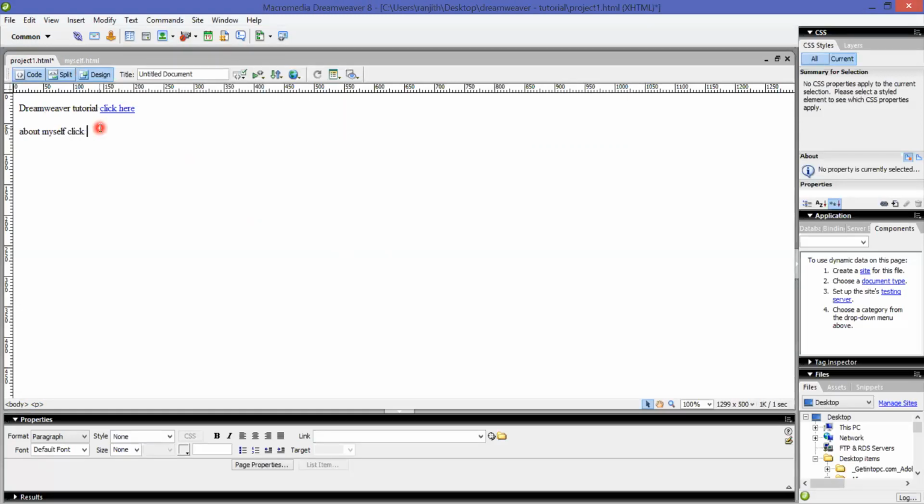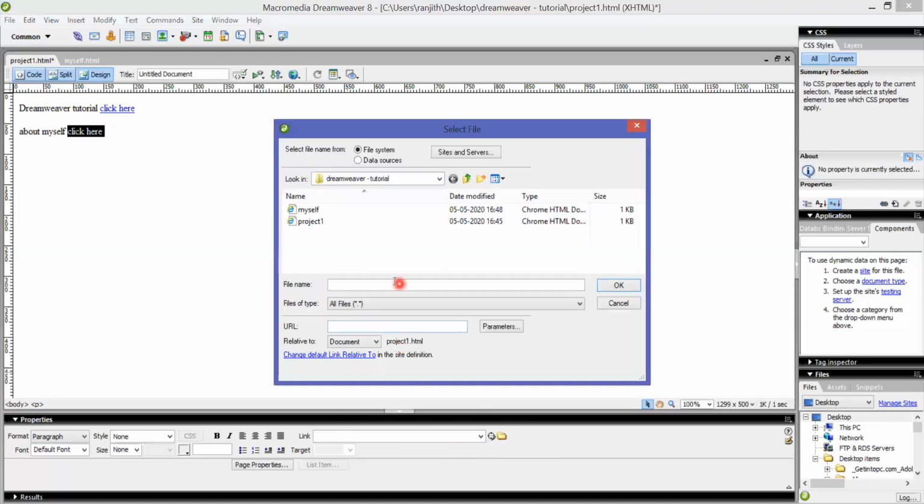Click here. Now let me select this and go to the properties tab. Here I have to give the link. Since it is already stored inside the folder which is created, can you see the folder? Click on this, you can see about myself. Click that and then give it as OK.